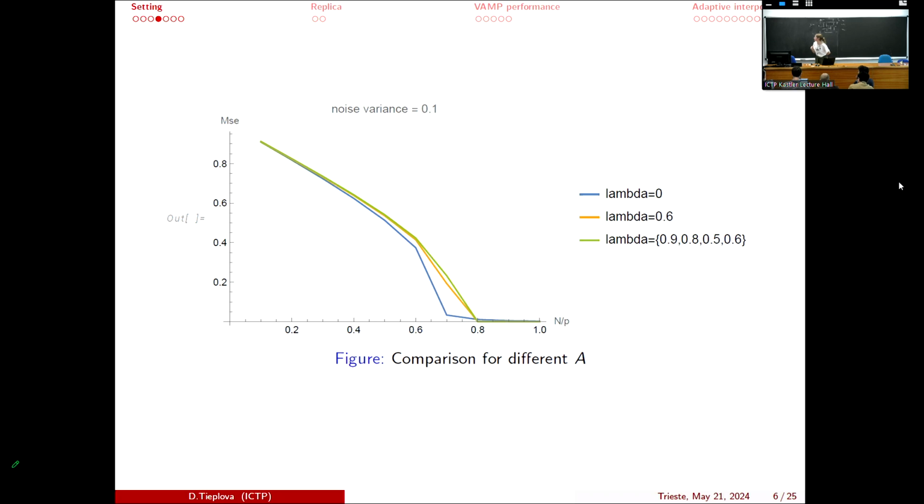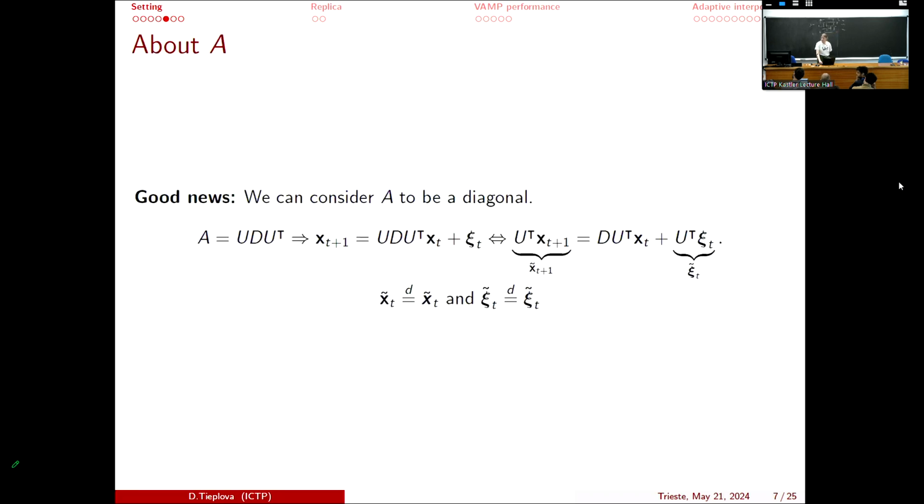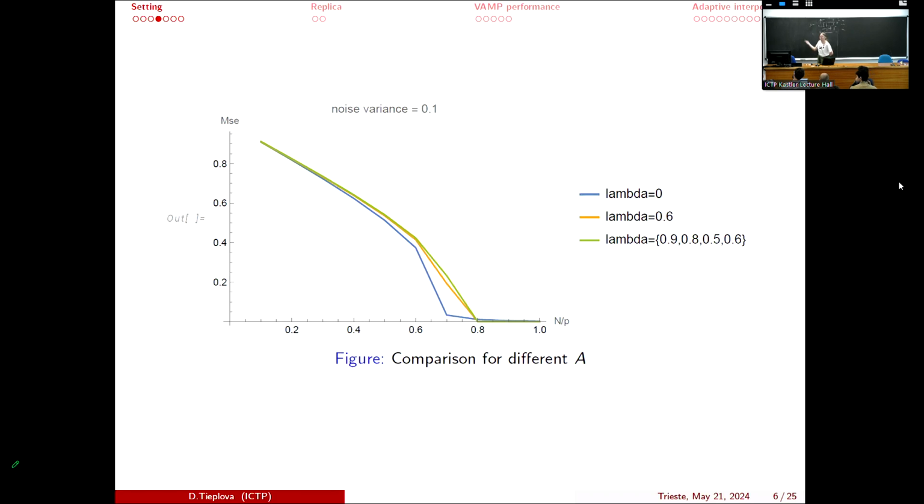The one reaching lambda equal to 0 is the easiest one, where it's 1. Then we pass to a little bit harder matrix A, and the last one, the green one, is an even harder one. As we can see, this matrix A has a strong impact on the mean square error in the end. We will talk about it a little bit later. For the moment, it's just an overview.